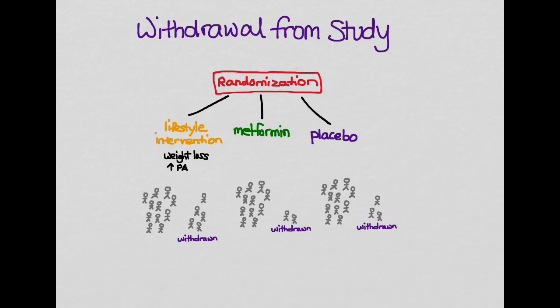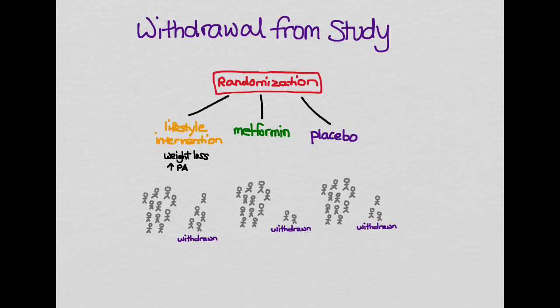So one thing you want to know is whether the withdrawal is equal across arms. Again, as we said, there could be something common across these people that withdrew that is related to whether they'll develop diabetes. And so those people are now missing, and so your sample is no longer representative, and also your randomization is broken again. So this is a trickier problem because at least with the non-adherent people, if they come to their data collection visit, you can include their data. But if these people withdraw, like you can't reach them anymore, it's harder.